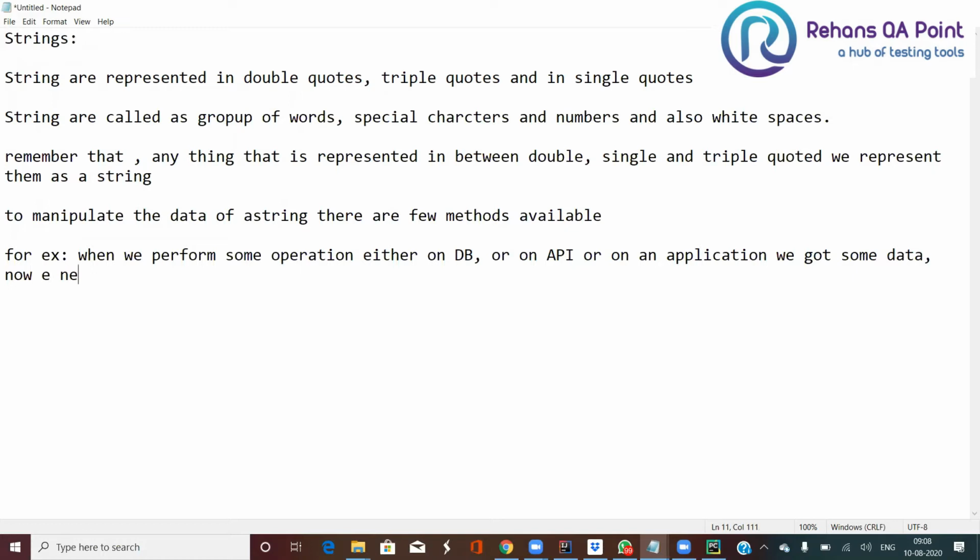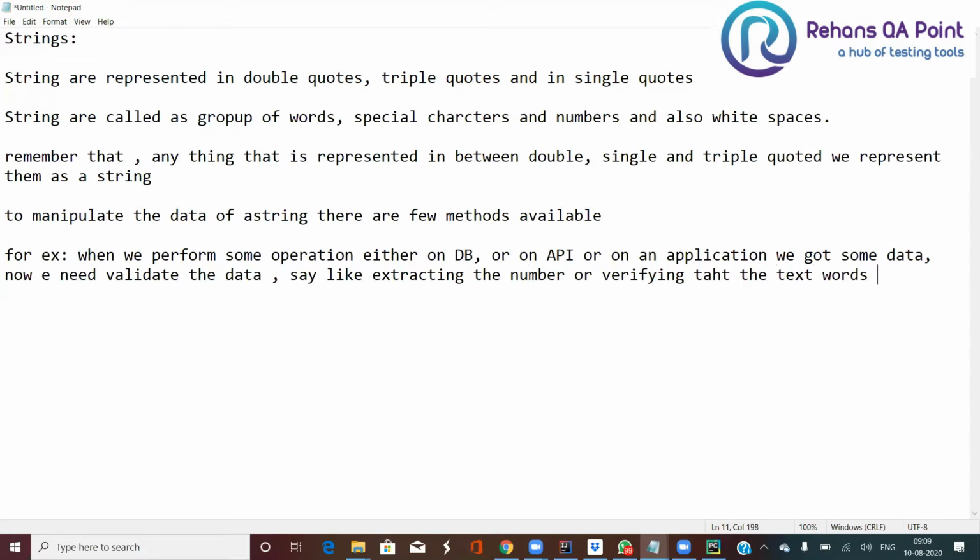Now we need to validate the data. Okay. Say like extracting the number or verifying that the text words are correct, right?